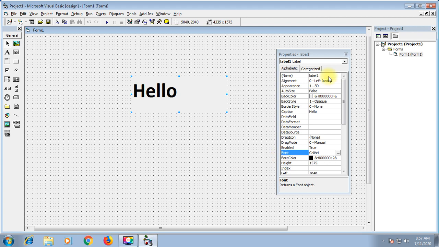Name property is used to identify the particular control. Caption property is used to set the contents of the label.